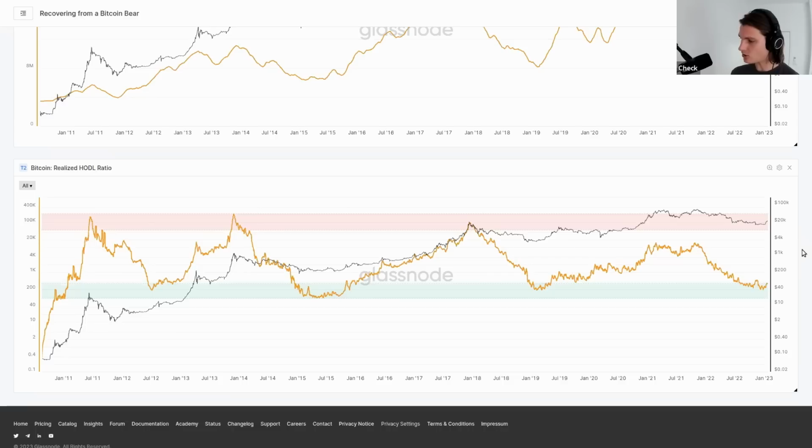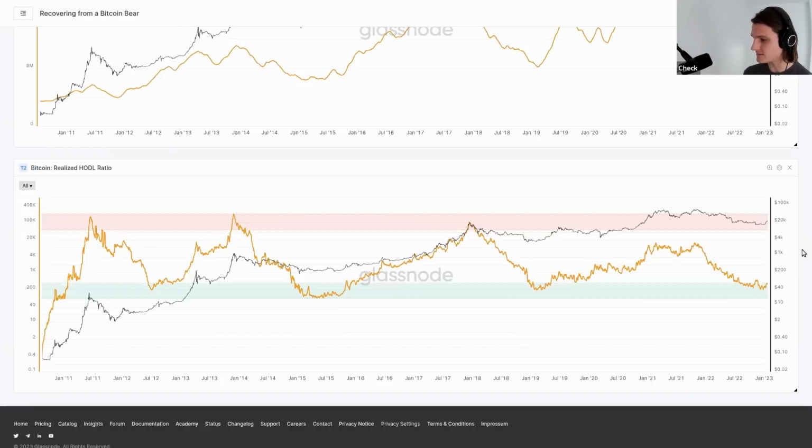You can start to see how long people have held, because I don't particularly care if a bunch of people who bought yesterday sold tomorrow. I don't particularly care if someone who bought last week sells tomorrow. It's kind of day-to-day trade. I do care if someone who bought 5 years ago in the bottom of a bear market at scale starts selling, that's a whole different ballgame, right?